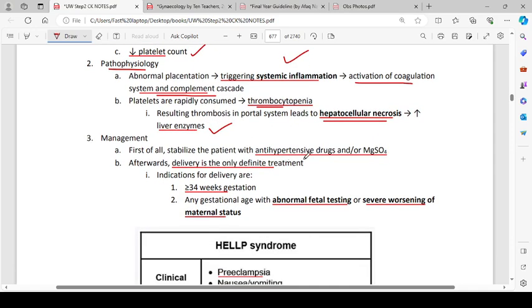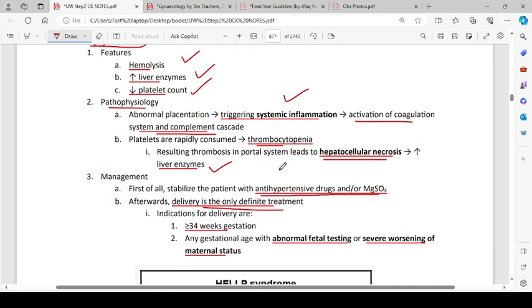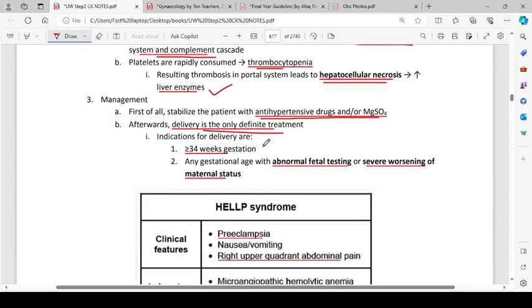Management: first of all, stabilize the patient with antihypertensive drugs and/or magnesium sulfate. Afterward, delivery is the only definitive treatment in HELLP syndrome. Indications for delivery are more than 34 weeks of gestation, any gestational age with abnormal fetal testing, or severe worsening